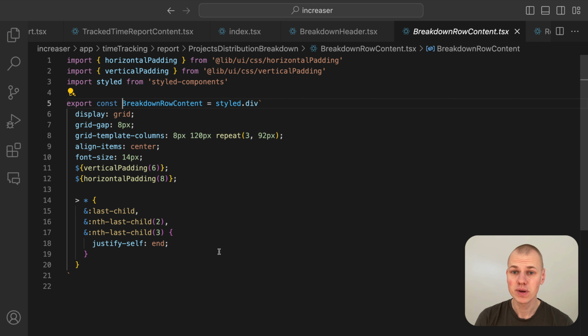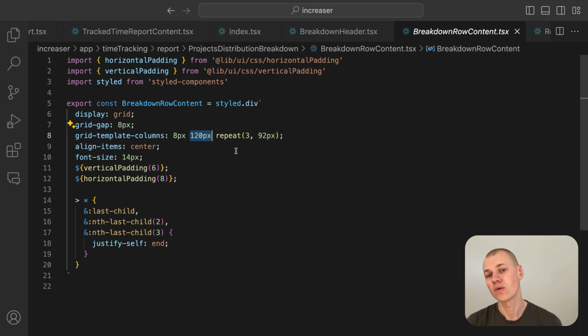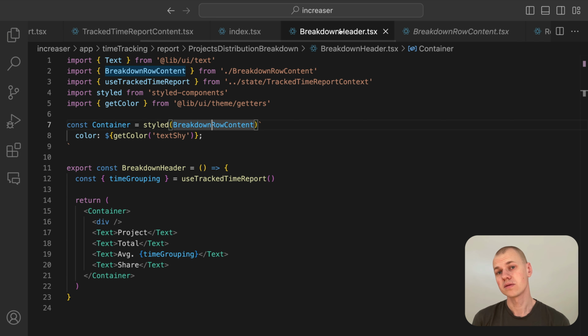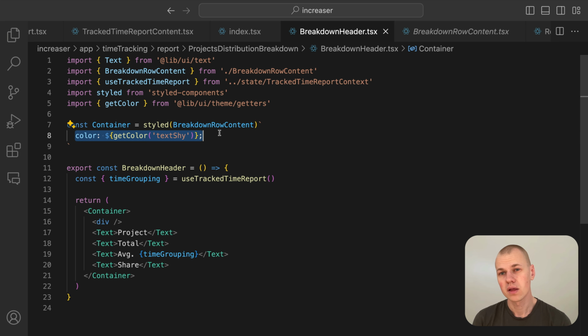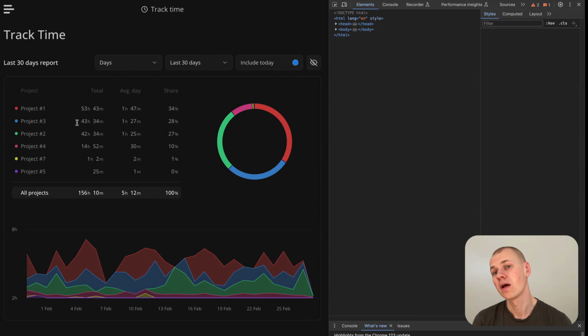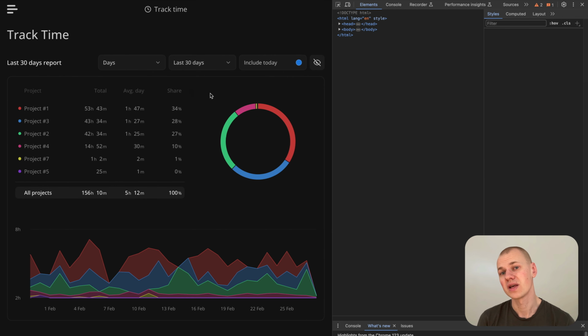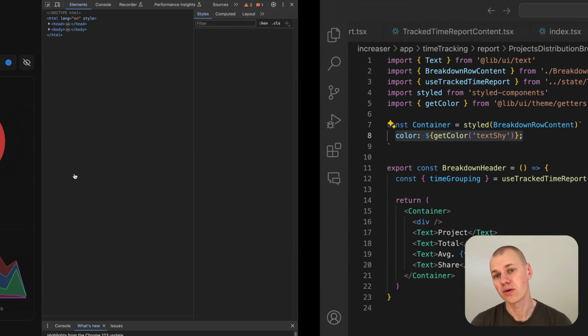We allocate 8 pixels for the project indicator circle, 120 pixels for the project name, and 92 pixels for each of the remaining columns. The last 3 columns are aligned to the end of the row to ensure a clean and structured layout. As a result, we don't need any additional styling to arrange elements in the header. The only customization we require is changing the text color to text shy. This subtle adjustment ensures that the header is less prominent than the content, maintaining a clear visual hierarchy in our